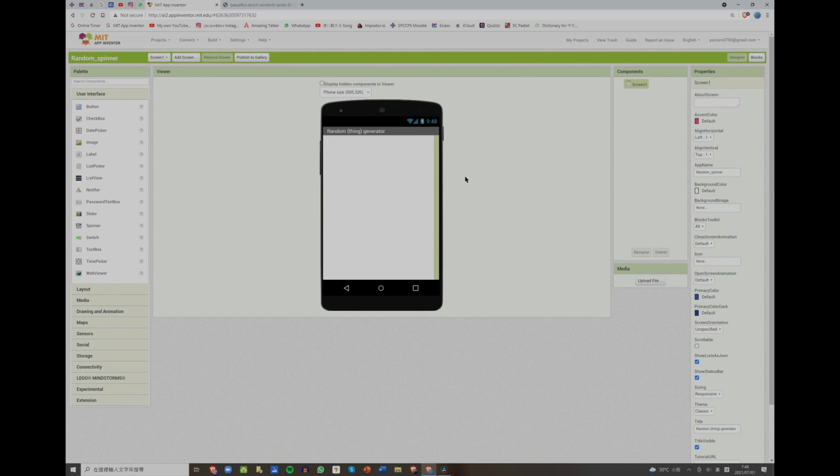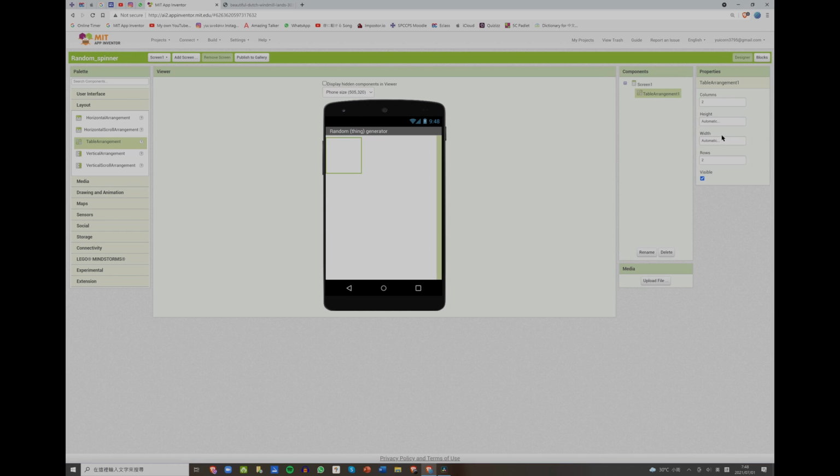Okay. So first of all, if you want it to have a better look at the back, the height will be fill parent, so will the width,